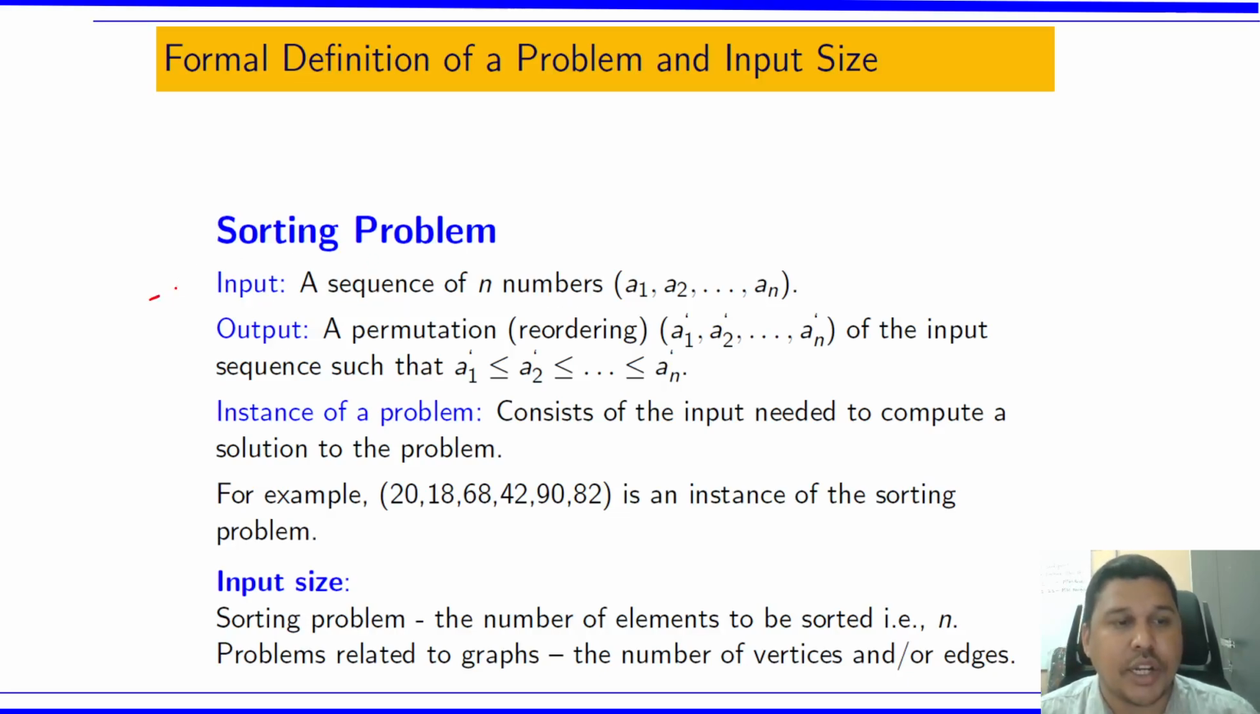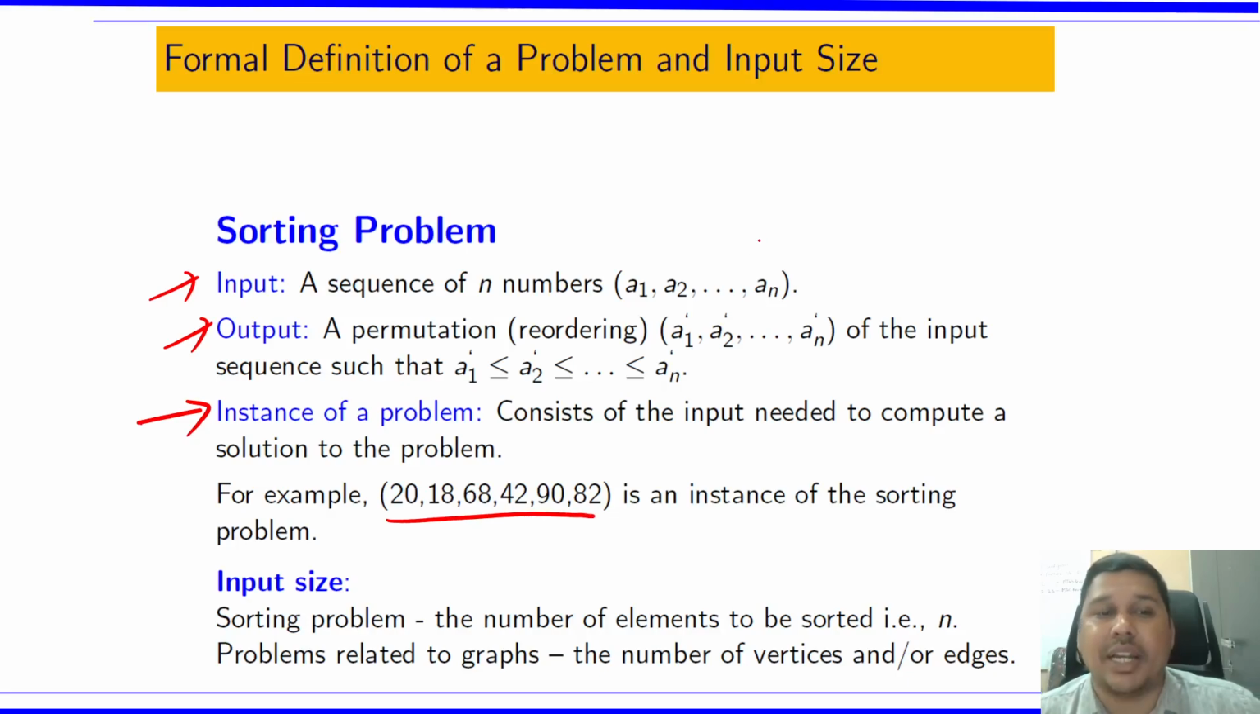So these terms are not new for you, input and output, because already you have solved a lot of programs. What is an instance of a problem? It consists of the input needed to compute a solution to the problem, right? This is an example. Instance means an example. So for sorting, or maybe if I make it simple, for addition of two numbers program,